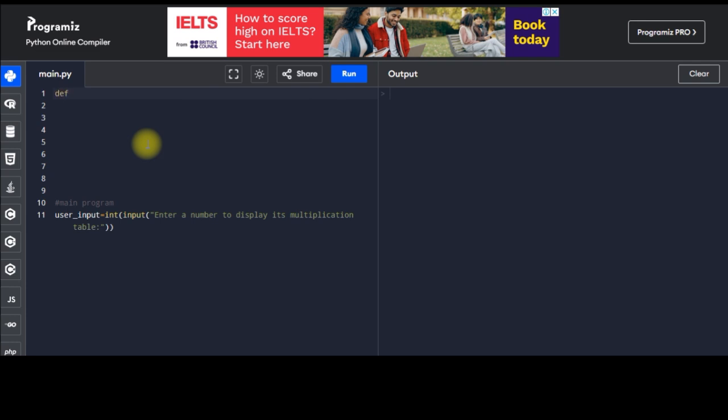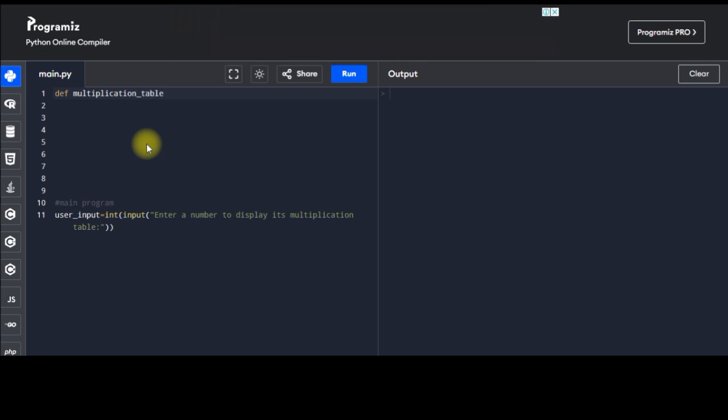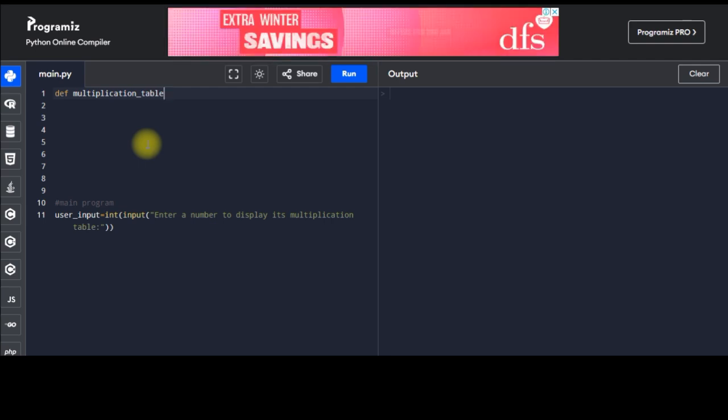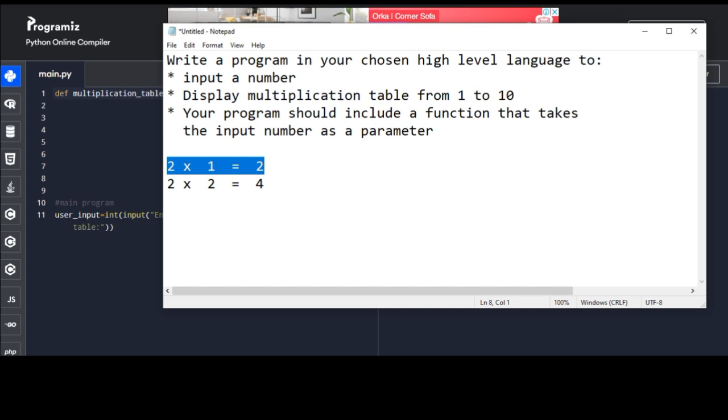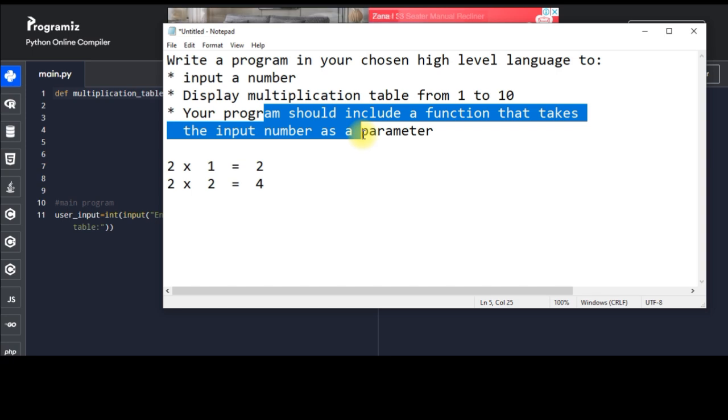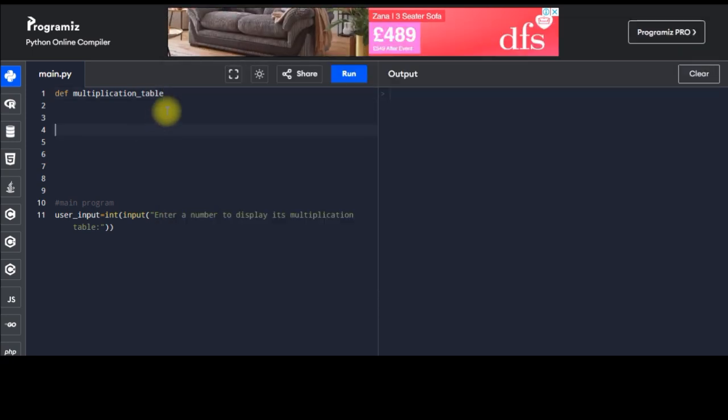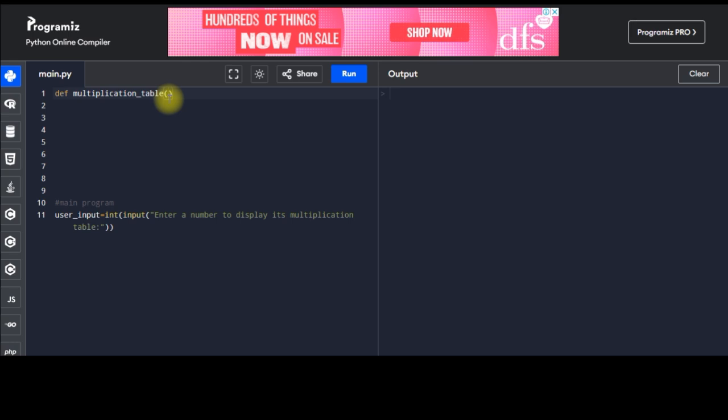So I write define, and I have to choose a name for my function: multiplication_table. This is my function name, and as per the question's requirement, it says your program should include a function that takes the input number as a parameter. So I take a variable as a parameter and I call it number,